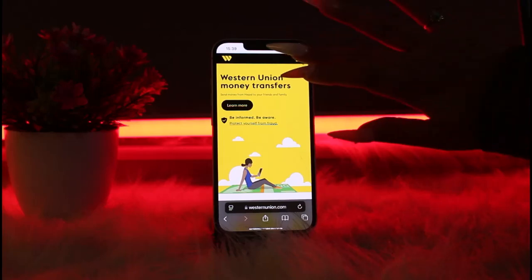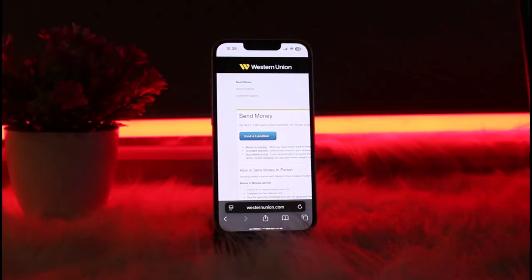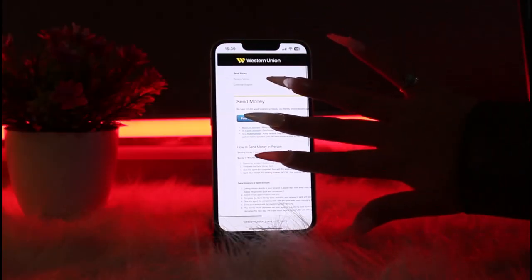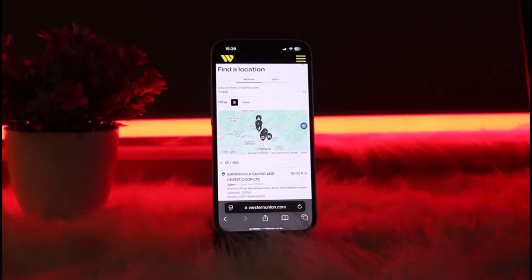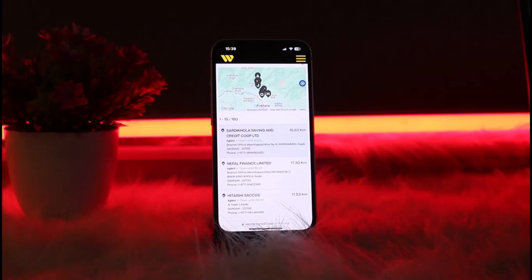Then you simply have to select the send money option, which will be available. Once you select send money, you will have to tap on find the location, which will be the same in your app as well. You have to search the destination country. Once you have selected the country, you're going to simply